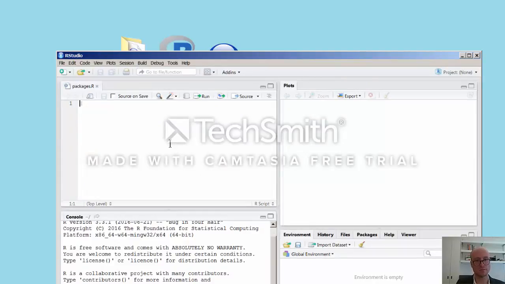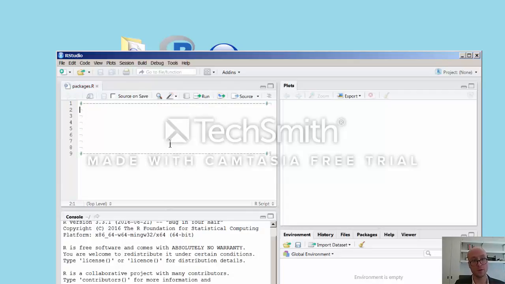The first thing I want to show you is that if you press Shift and then the number 3, you're going to see this little pound sign. This pound sign is simply a comment. It turns green in your R script file. It means that you can type anything you want. Typically, I use it to demarcate sections. And we want to demarcate in our script something that we're going to use every single time we start